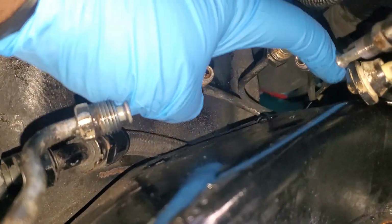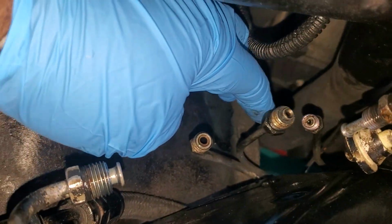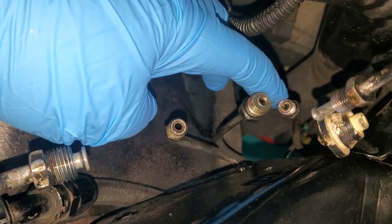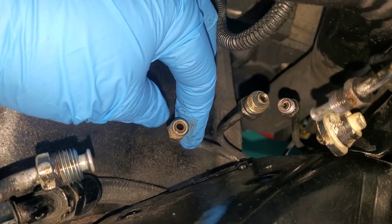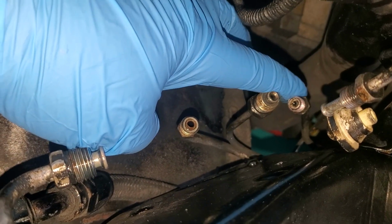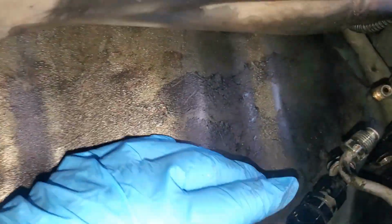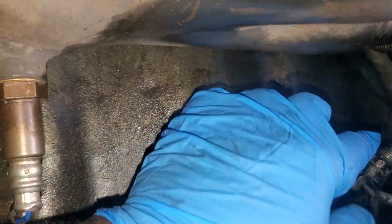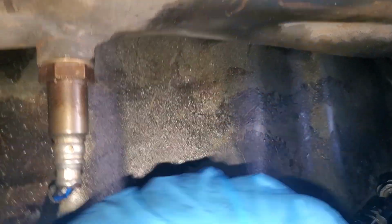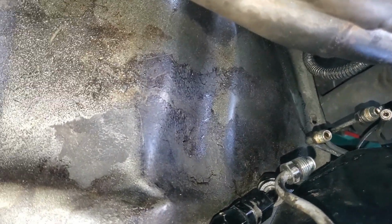These 2 are 11s on the end, and then the middle is a 14. Or I might be wrong. This is a 14, 13, and 11. But this also makes it very hard to get this one in, just because it kind of butts up against it. So this, man, I'll probably never do another one like this,